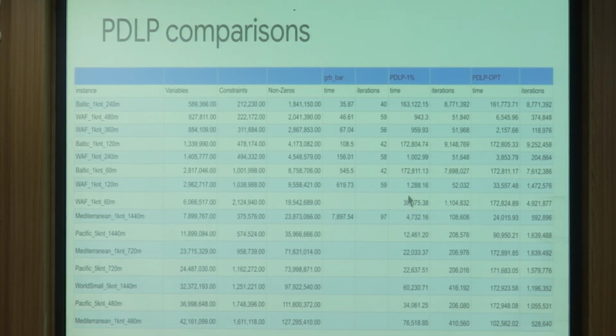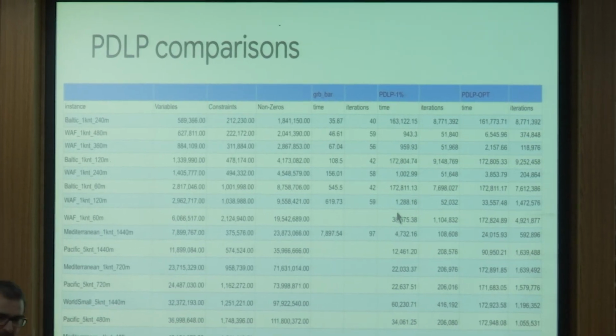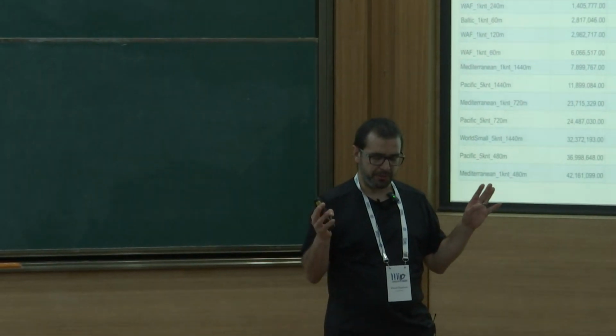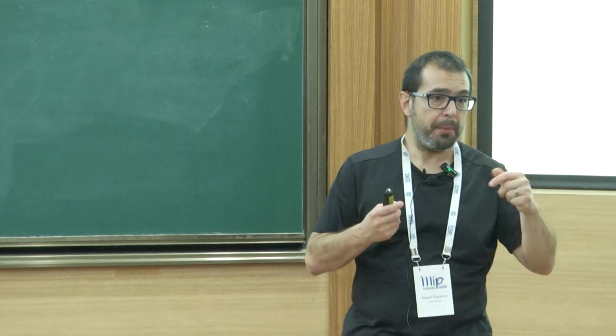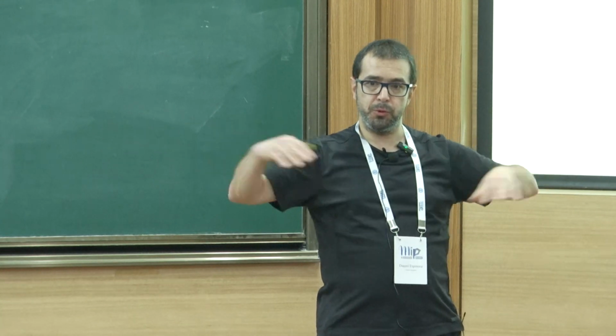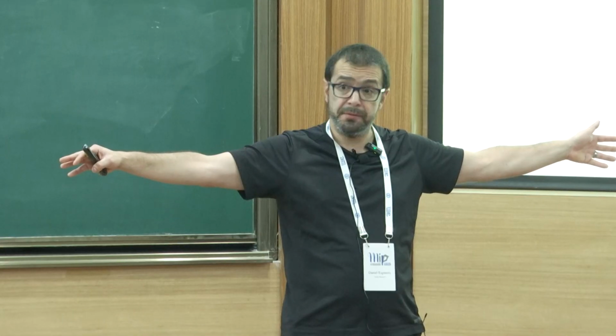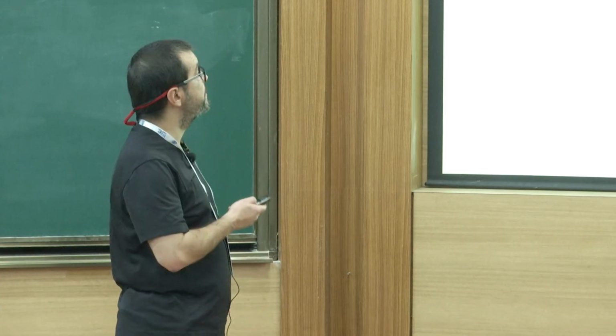What PDLP is doing is, you look at the gradient of this first order, it's not looking at any of the structure of the problem. If your gradient is pushing some variable to go up, it will go up, but since it's not looking at the network, it will take at least the depth of the network to propagate that change to be feasible again. So no wonder it's taking so long to converge in terms of number of iterations. So there is a chance that you could speed this up by exploiting network structure.